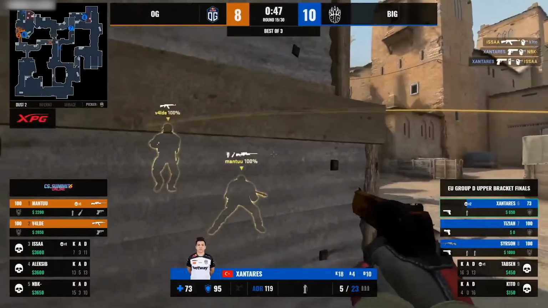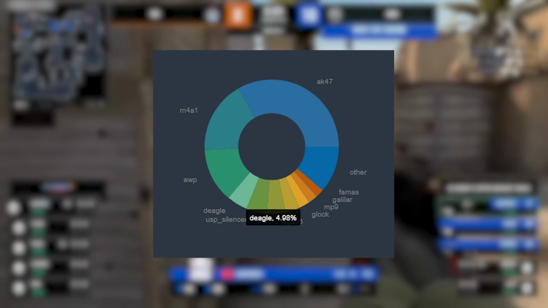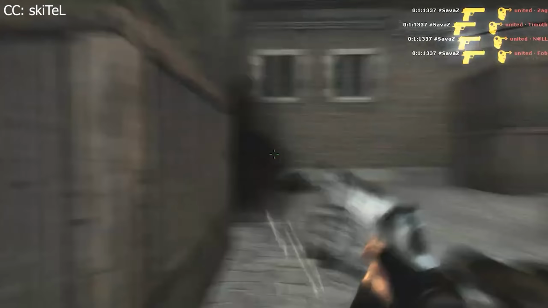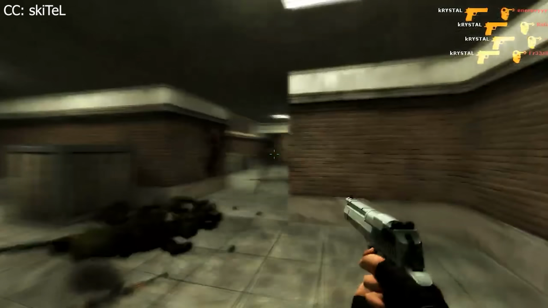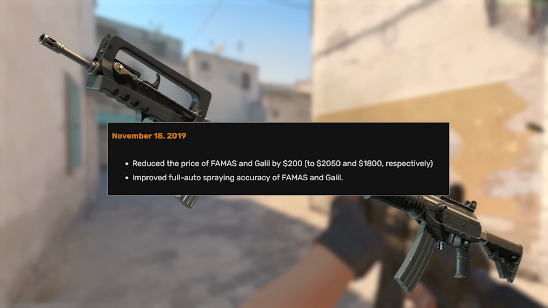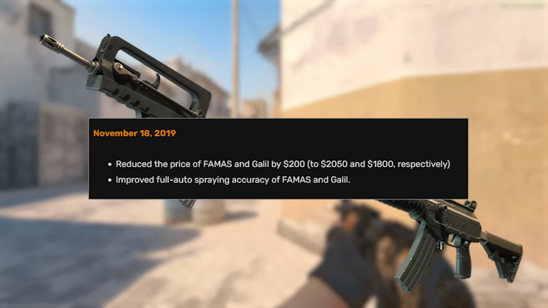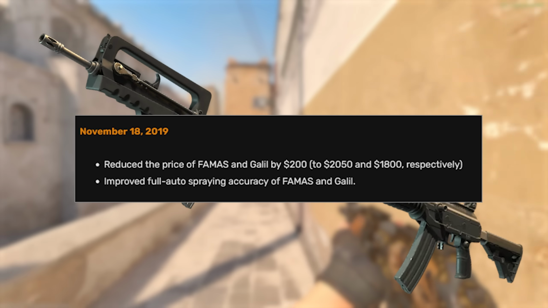In 2020, the Deagle became the 4th most used weapon in the game, sitting at 4.98% of kills. 1.6 and Source players would have felt right at home with the Deagle now, because back in the day, the Deagle was just completely broken. With a buff to the Galil and the FAMAS at the end of 2019 reducing their price for the broke boys, they also began to see more use in 2020, primarily at the expense of the Tech 9 on T